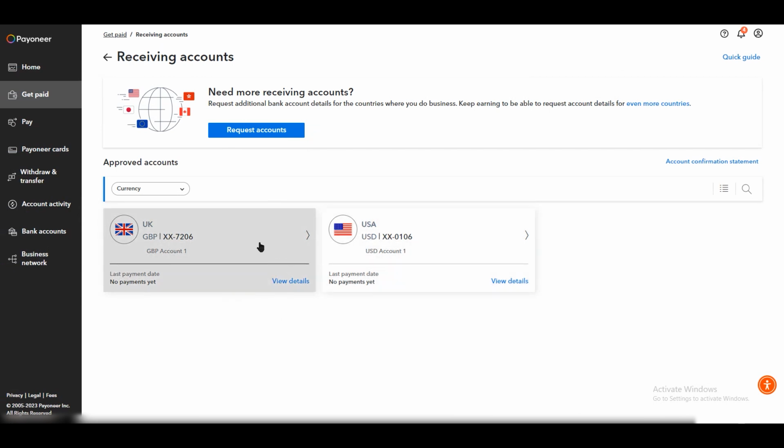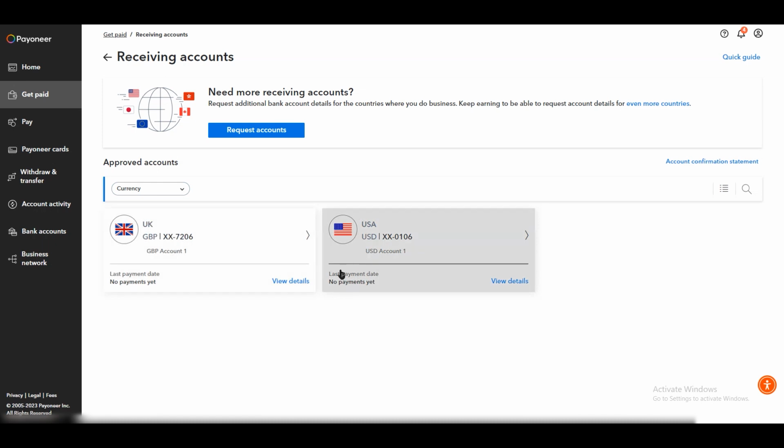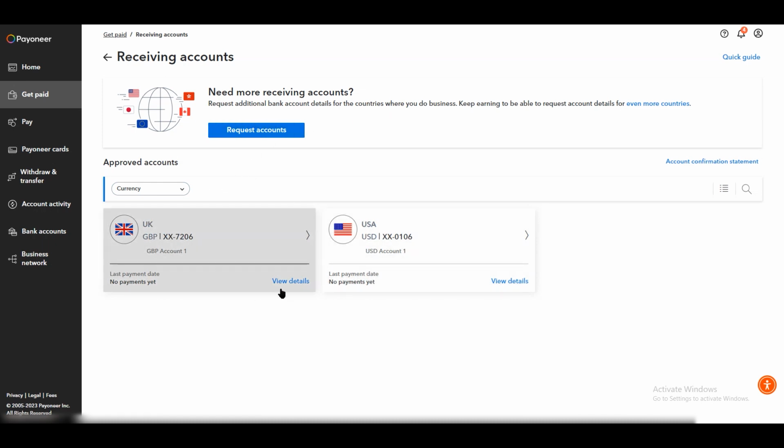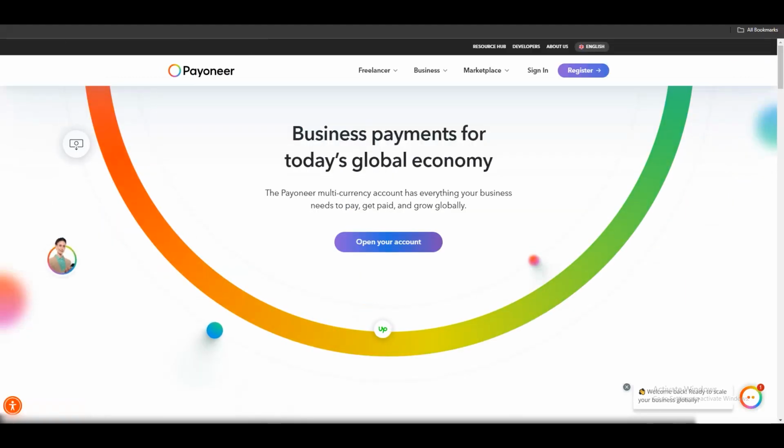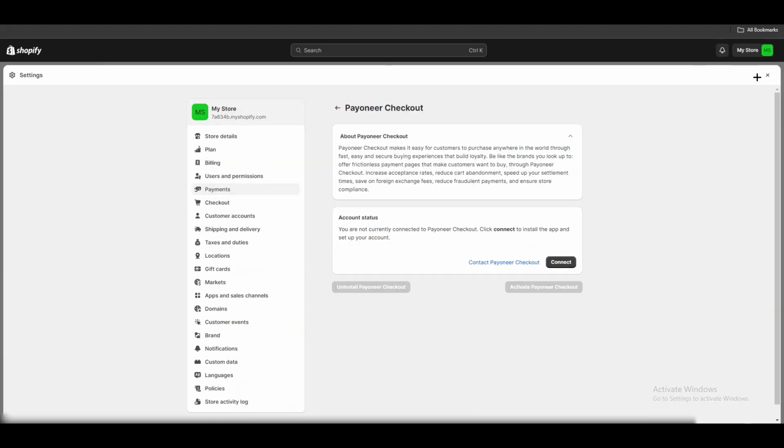There are some countries which do not allow transfers, and sometimes it can be a bigger problem in transactions also. So I would prefer you go ahead and click on this so you can get your business account. After that, simply go back over here, click on connect, and it will be connected to your Payoneer checkout. So that's it. This is all you need to know about how you can connect and add Payoneer payment